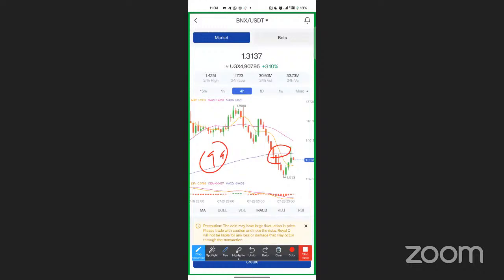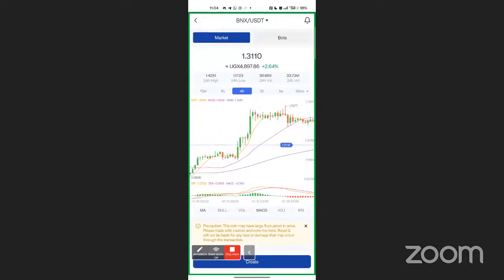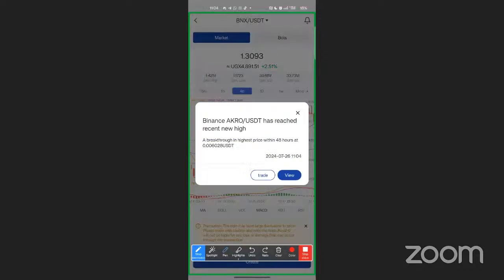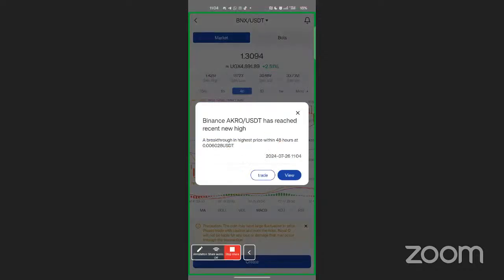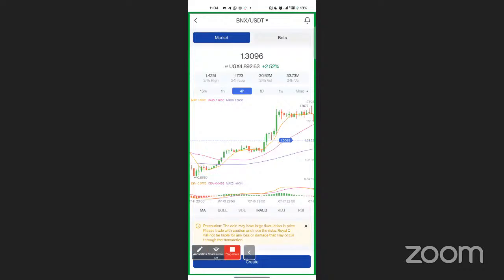Now, to simplify for you, how you see this easily. When you are trading and you see a big moving average, this one for 99, above a small moving average, understand that that coin is not yet ready for trading. A perfect coin for trading is this one. Can we all see here? Do you see this is 99 followed by 25 followed by 7? That was a perfect move of the market.